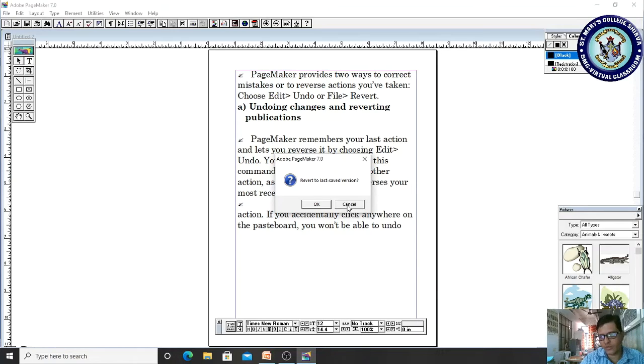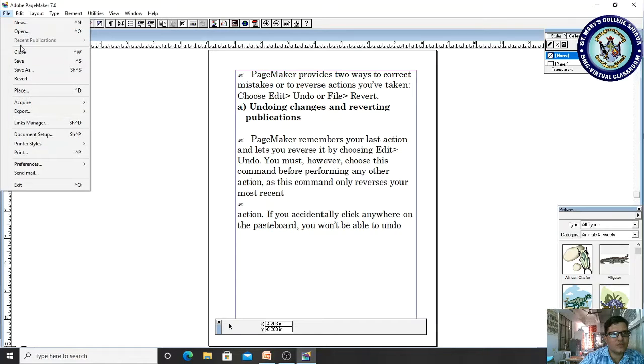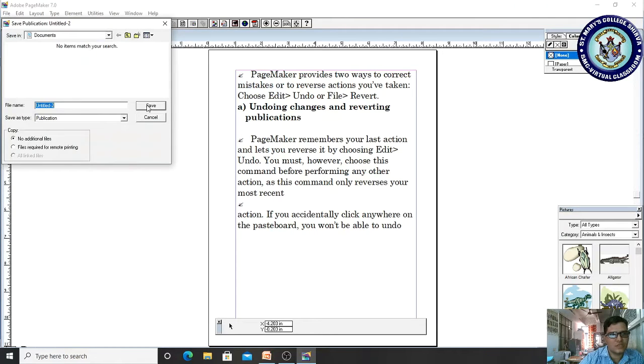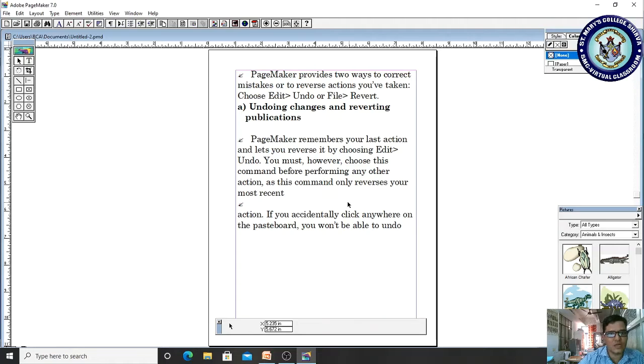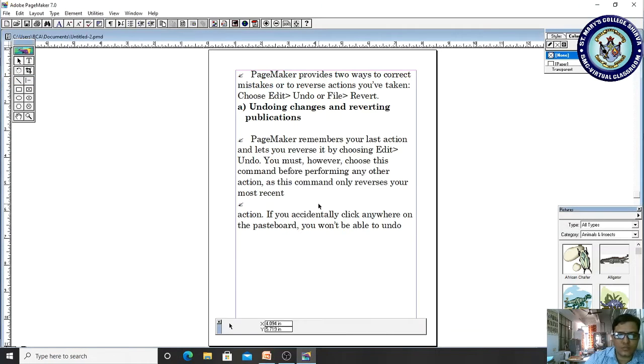It means, please observe, I have not saved here. If I save this content first, and now whatever operation I do, without going for Edit Undo, I go for the Revert option. If I go to the Revert option, whatever the last saved content is, it will come back there itself.